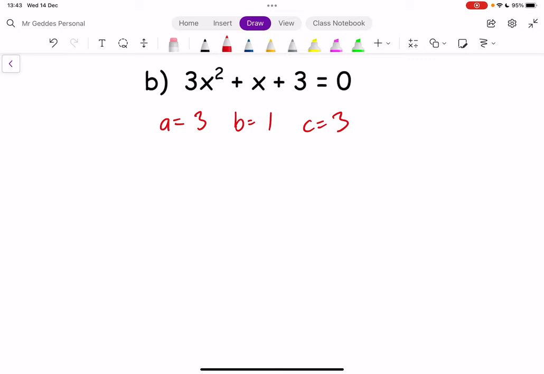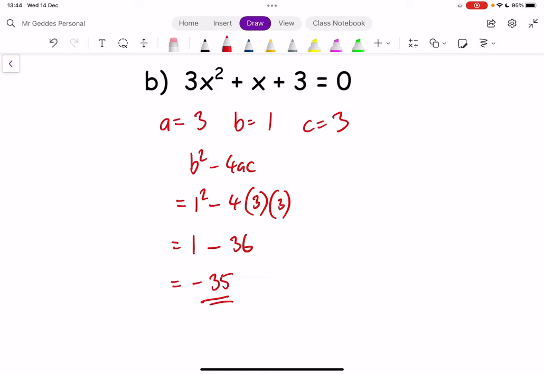No negatives this time. But here we go again, the discriminant, b squared minus 4ac. That's 1 squared minus 4 times 3 times 3. 1 minus 4 times 3 is 12, times 3 is 36. Negative 35. Now I don't care that it's negative 35. What I do care about is that it's negative. So I'm going to say